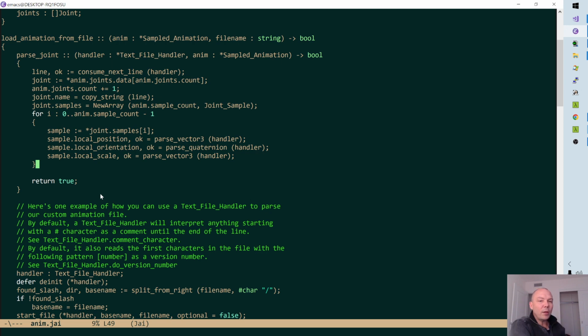Because right here, we have position, orientation, scale. This is 3 floats, this is 4 floats, this is 3 floats, right? That's 10 floats, that's 40 bytes. So 2 frames of this animation is 80 bytes. What are cache lines? Are they 32 or 64 usually? Let's say they're 64. Who knows? It's still 2, right? So you take 2 cache misses right away